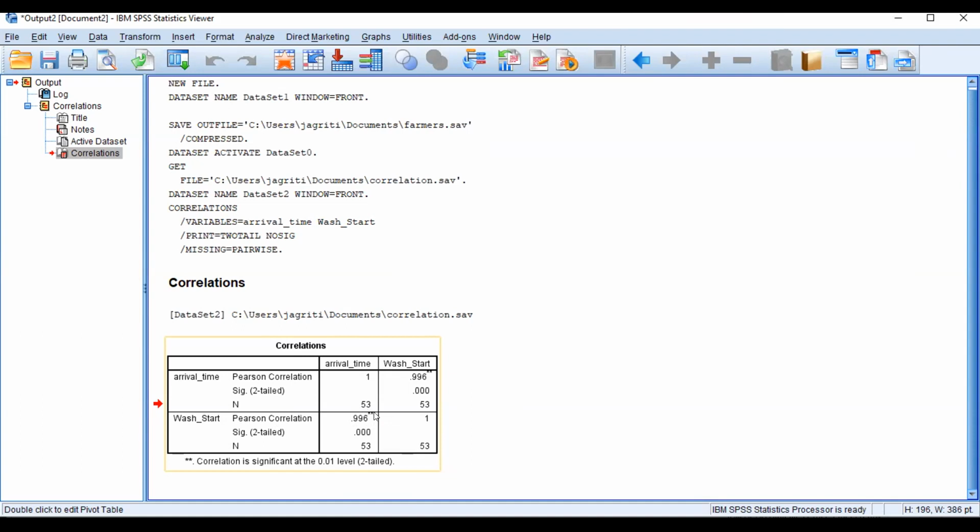For the interpretation of R, I can use the board. R is categorized like this: less than 0.5 is generally considered no relationship or a very low relationship.